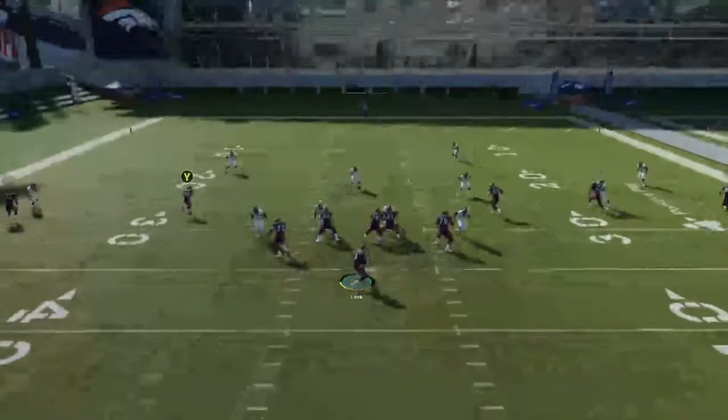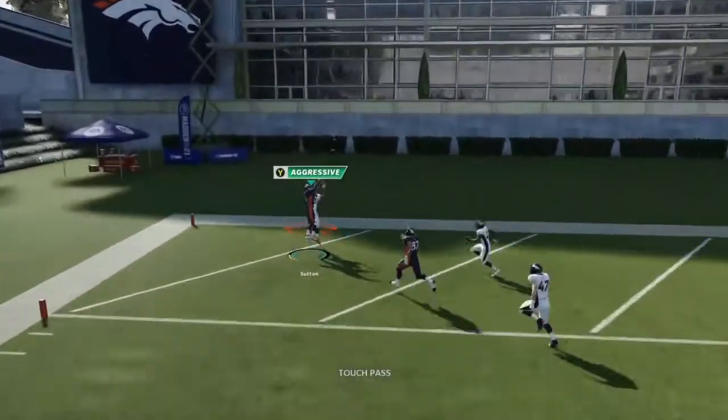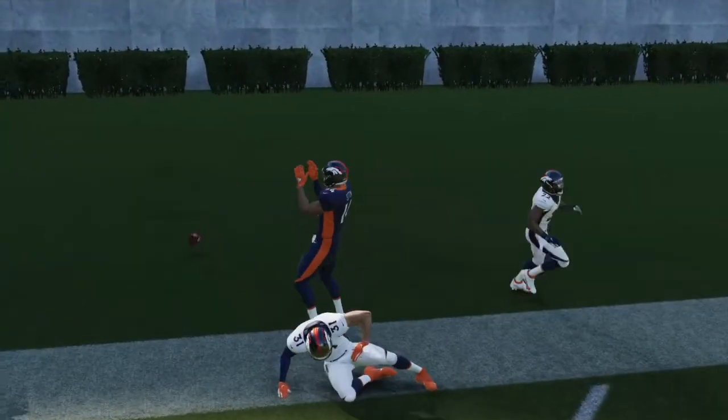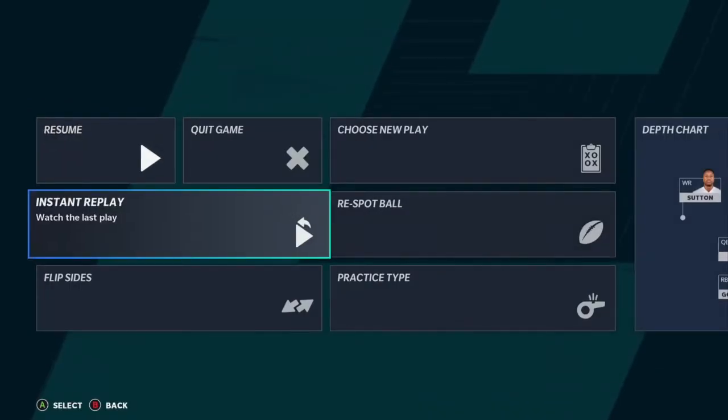Now, we're just going to throw this deep to Courtland Sutton. Yeah, you have to catch it. Cool. That's touchdown. All right. Now, a cover 3 cloud is the one cover three that you can